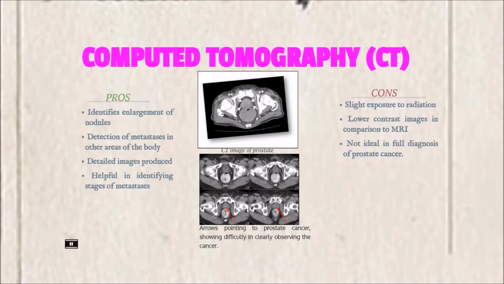bone or tissue. Using CT, detailed images of the body are produced, which allows more body organs to be viewed in greater detail. Cons include X-ray radiation exposure to the patient. However, as stated before, this is not significant enough to show proven detrimental effects. In comparison to MRI, CT does not provide high contrast images, which can lead to missed detection of cancer in lymph nodes. It is also not the modality which provides the best view of the prostate gland as a